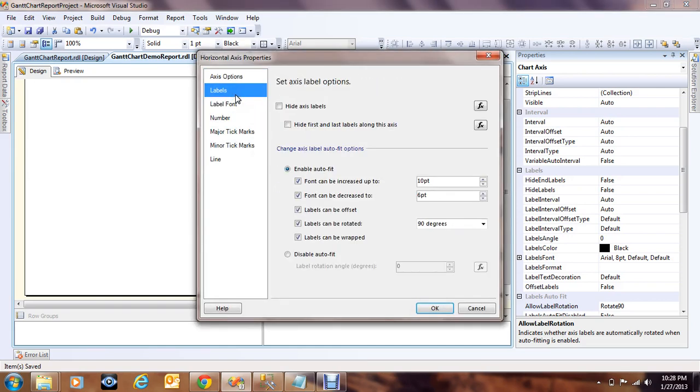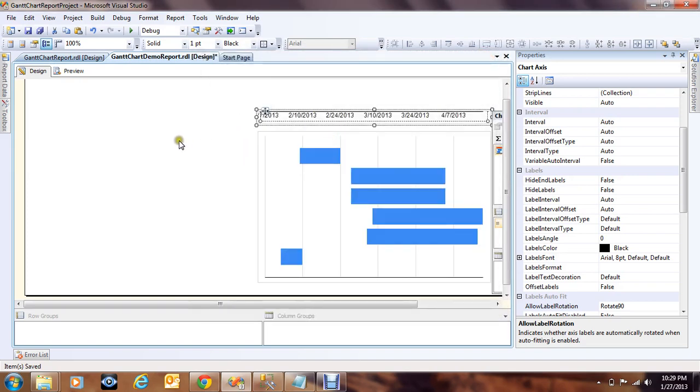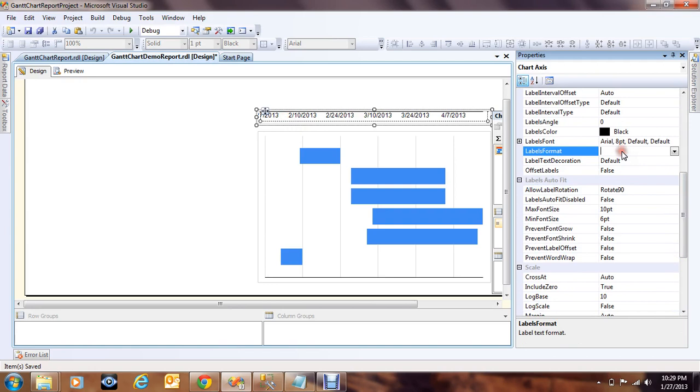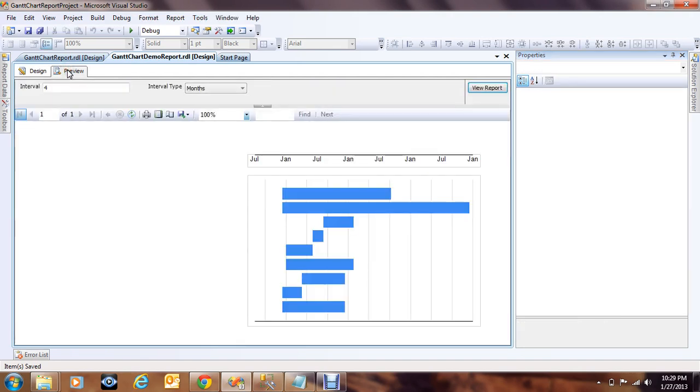If you go to labels, this is better visible here, because you can see all the options you can modify. So you have something called labels format. What I'll do is put a months format here like this. Now let me show you the output, how it looks with just this. Just preview, you see,